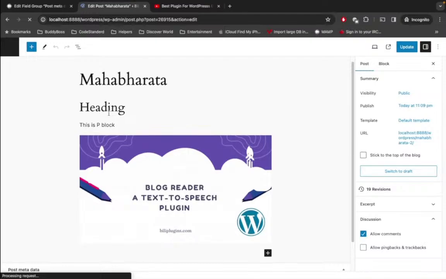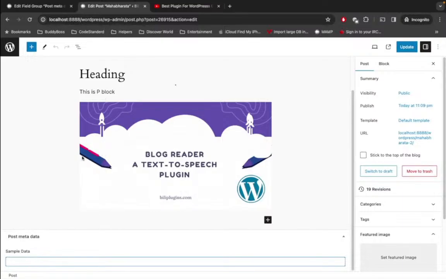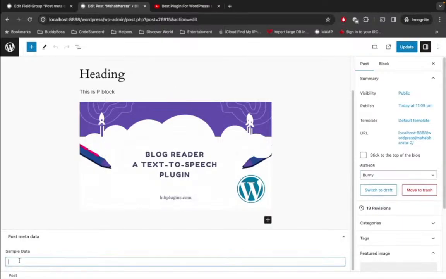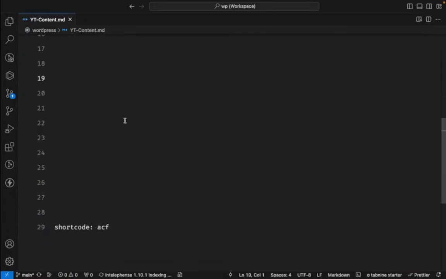So here we can see some content, and here is our sample field. I'm gonna add some value to this field, and then we will get the value using the ACF shortcode in this editor itself. So now I'm gonna add, let's say, BuntyWP and save it. So what is the shortcode for ACF? So simple, it's just